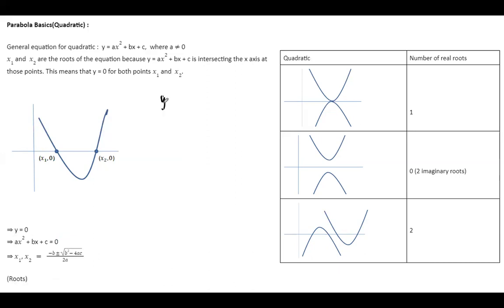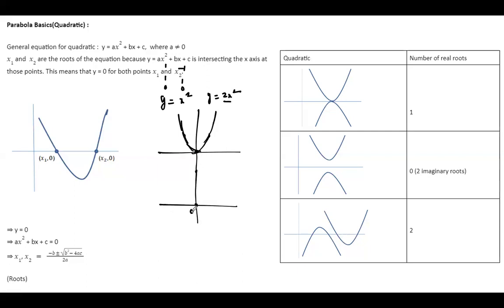Let's say I want to draw y is equal to x square. When x is equal to 0, y is equal to 0, this point. When x is equal to 1, y is equal to 1, this point. When x is equal to minus 1, y is equal to 1, this point. The nature of the graph will look like this. So even if I am making the graph of y is equal to 2x square, the nature of the graph will be the same. It's just that